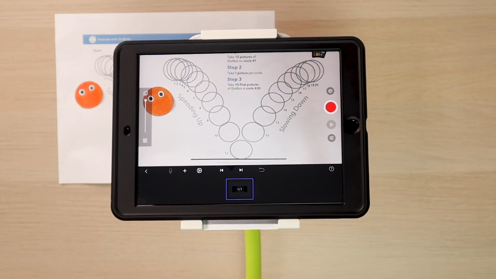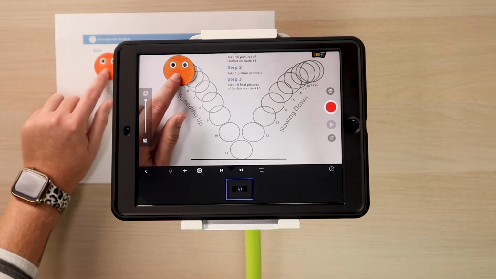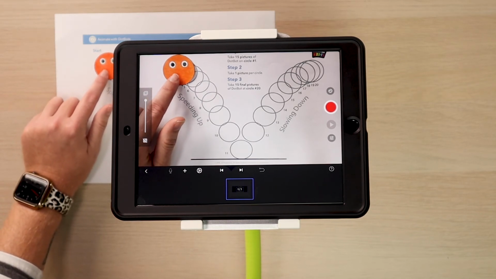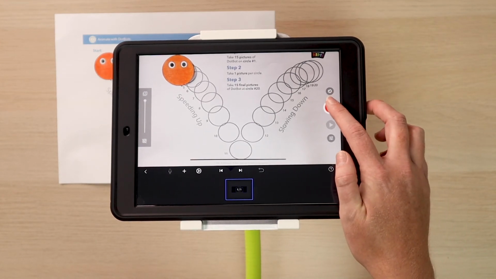So let's get started on our last recipe card. The first thing you're going to do is take 15 pictures of your Dotbot on the first circle like before. So go ahead and put your Dotbot on that first circle right here and take 15 pictures.